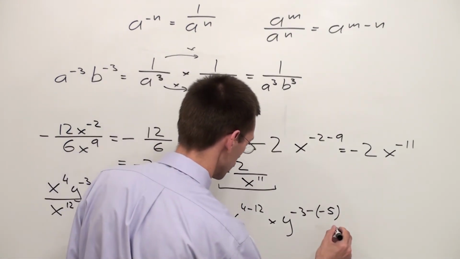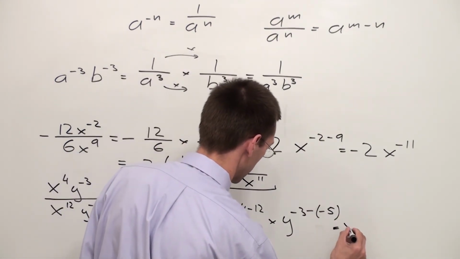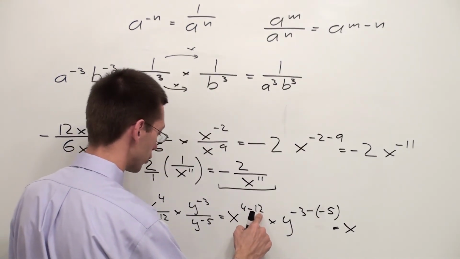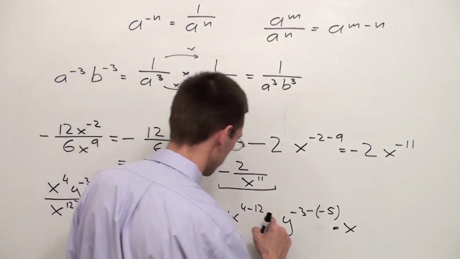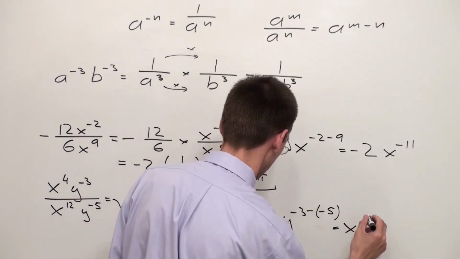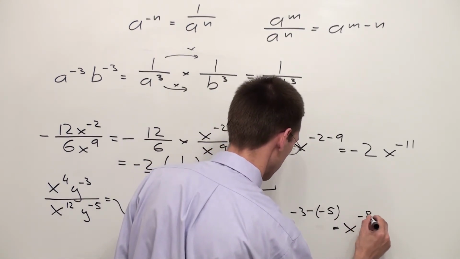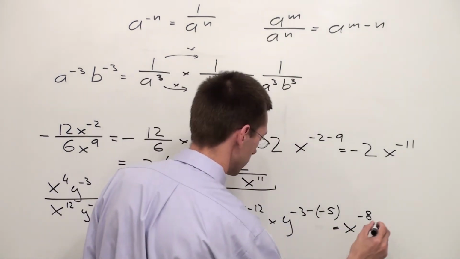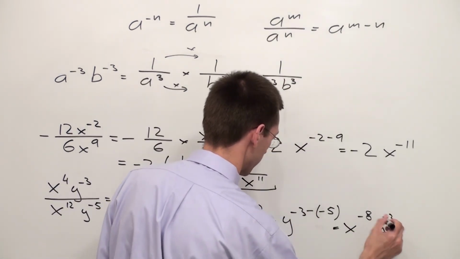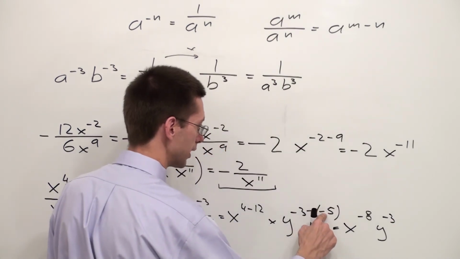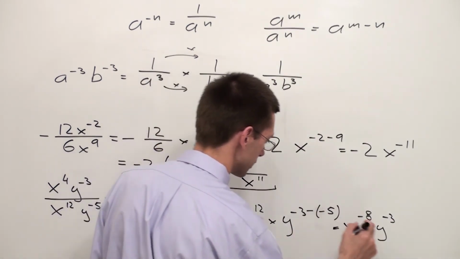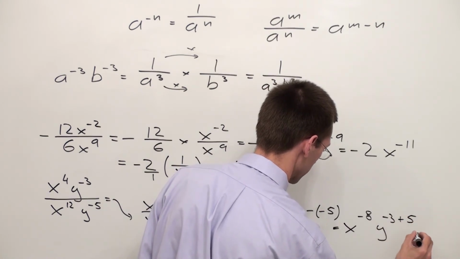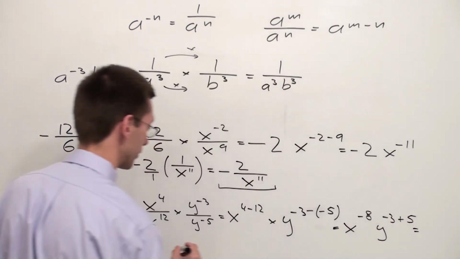Okay, so this is going to be equal x, 4 minus 12 is equal negative 8. And I'm going to have y, negative 3. Negative times negative will give me positive. Okay, so I'm going to have plus 5. So this is going to be equal